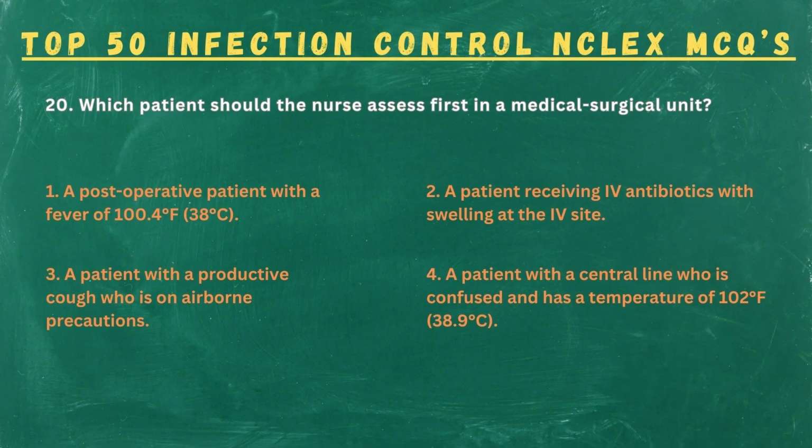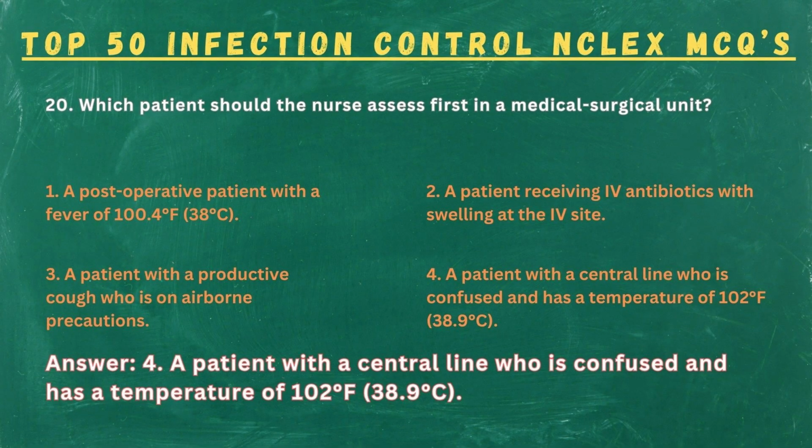20. Which patient should the nurse assess first in a medical surgical unit? 1. A post-operative patient with a fever of 100.4 degrees Fahrenheit, 38 degrees Celsius. 2. A patient receiving IV antibiotics with swelling at the IV site. 3. A patient with a productive cough who is on airborne precautions. 4. A patient with a central line who is confused and has a temperature of 102 degrees Fahrenheit, 38.9 degrees Celsius. Answer: 4. A patient with a central line who is confused and has a temperature of 102 degrees Fahrenheit,